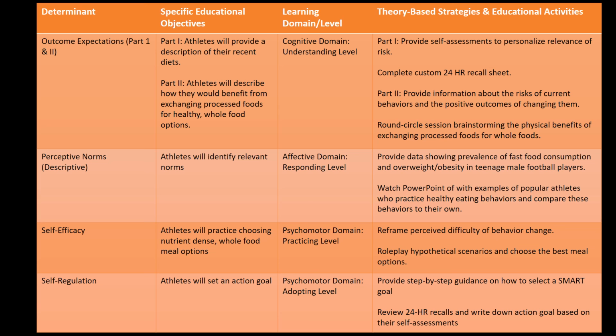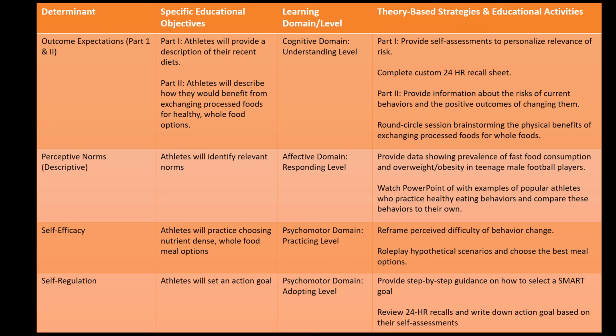Lastly is the self-regulation determinant, which is within the adopting level of the psychomotor domain. The objective for this final domain is for the athletes to set an action goal, and the strategy I plan on using is walking the athletes through the process of choosing specific, measurable, achievable, realistic, and time-bound goals, also known